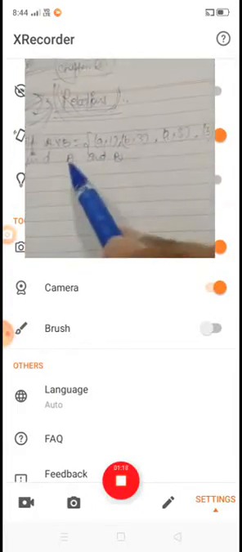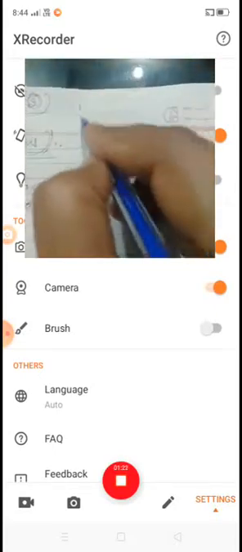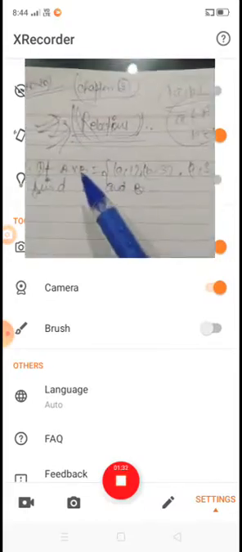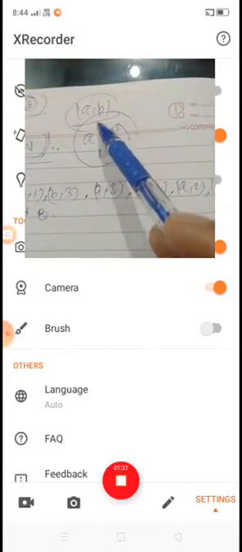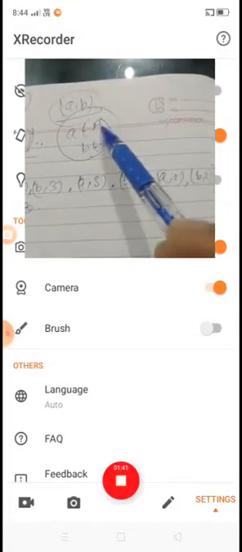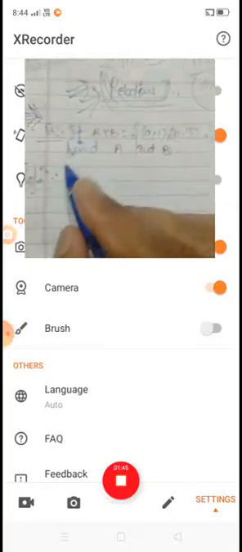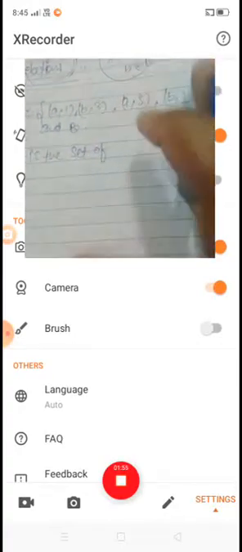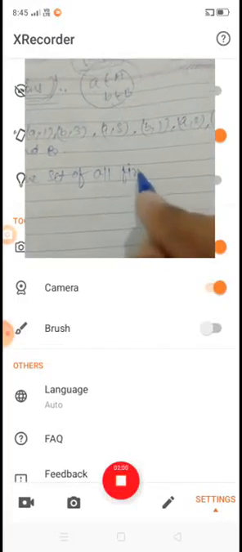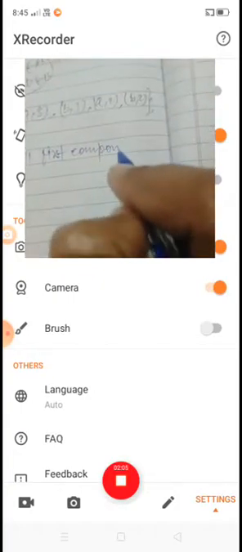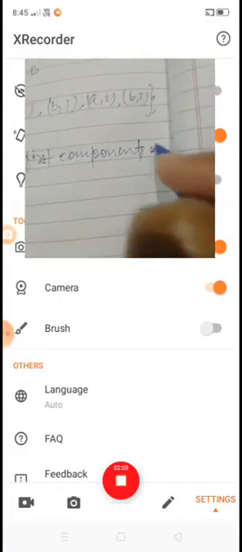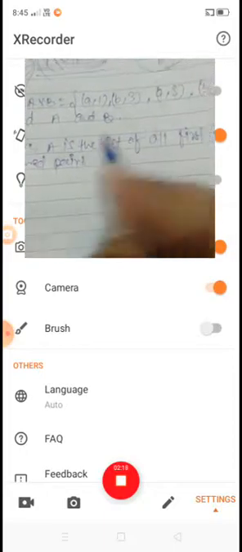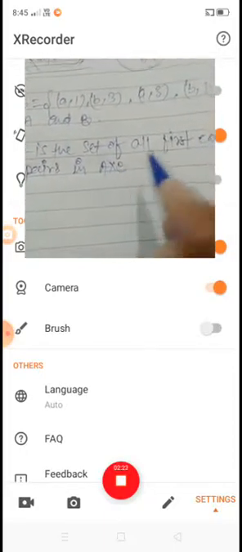We know that the Cartesian product of two sets is the set of all ordered pairs (a, b) such that all a belong to A and all b belong to B. So here, A is the set of all first components in ordered pairs in A cross B, and